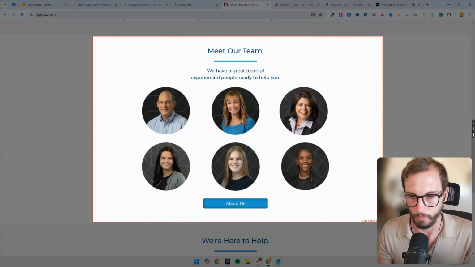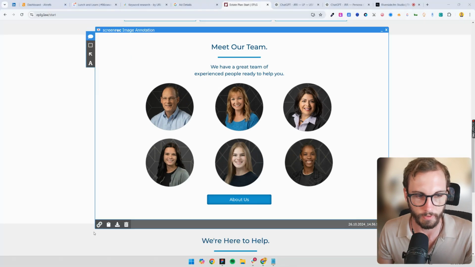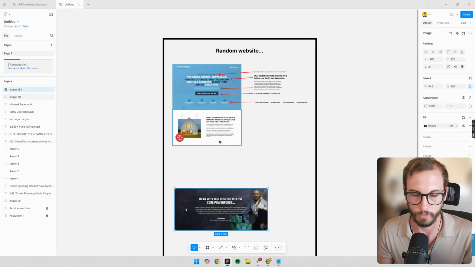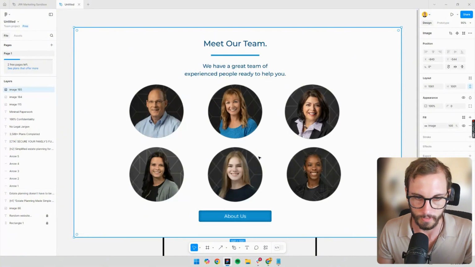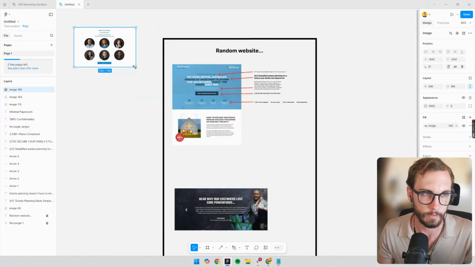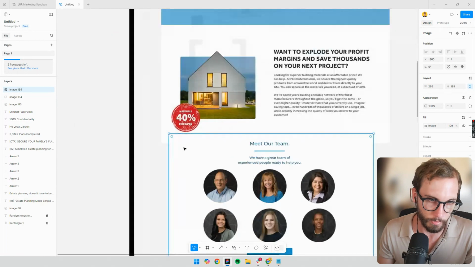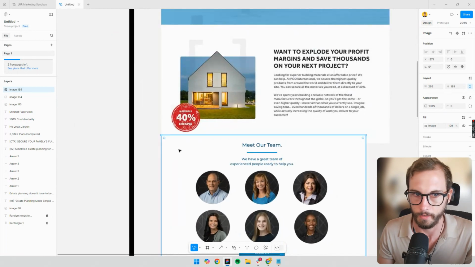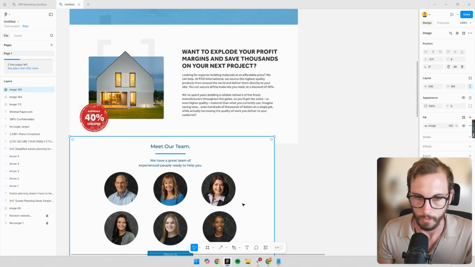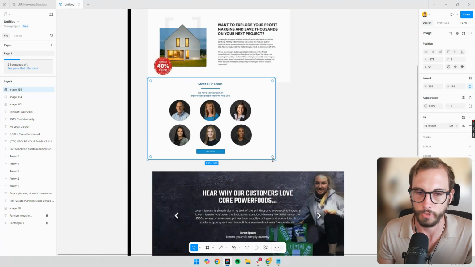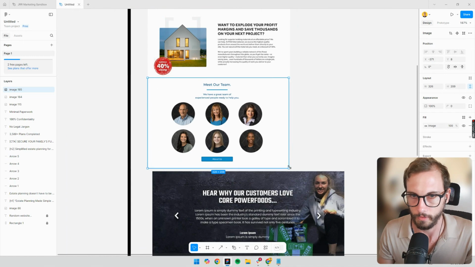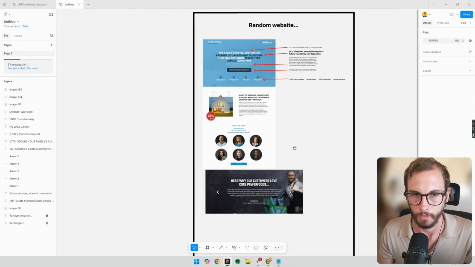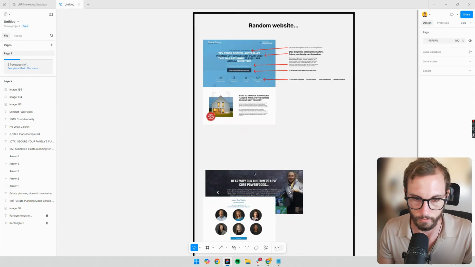I wouldn't probably do this straight away, but if trust is a big factor and people are wanting to see your team members, that might be something to consider. So you might do something like that. But I personally would probably need more time to think about this, because you don't really have team there. You usually have it further down the page. But every industry is different. It's good to test this kind of stuff. Probably not there. That sucks there. So we wouldn't do that.